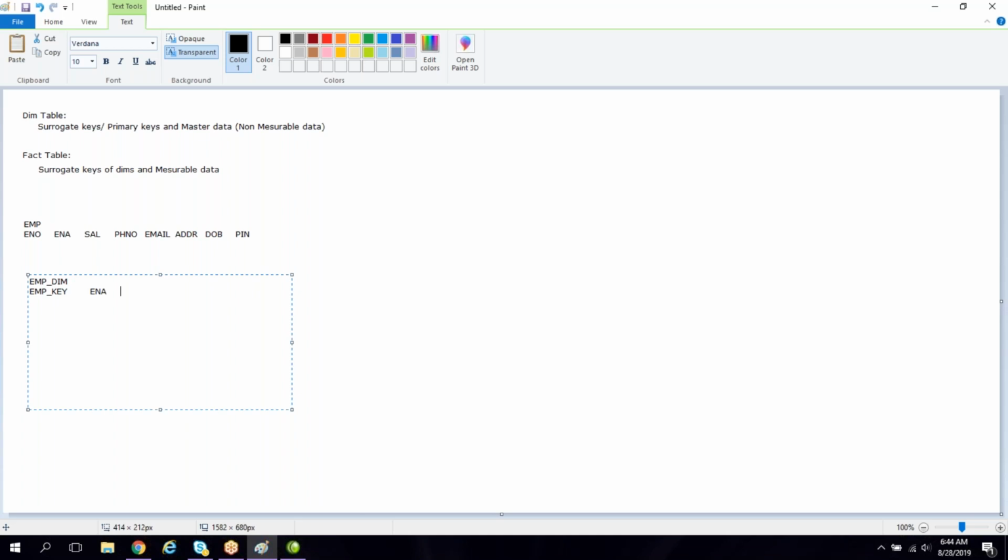Phone number, since it's a 10 digit number, sometimes we'll have that in a character data type, so in that case we cannot measure it. So phone numbers we cannot measure. Such type of data, whichever you feel is non-measurable, all those non-measurable we can store in a dimension, and measurables we can store in a fact.